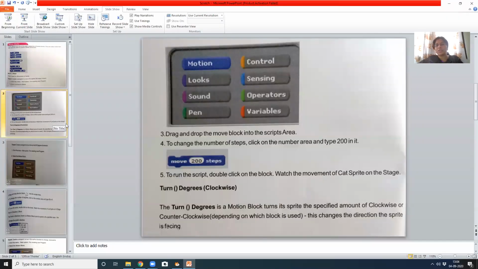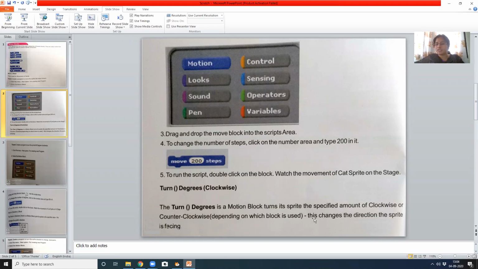So for that, clockwise means how the clock's sticks move, right? It moves like this towards your right side. That is called clockwise. If it moves towards your left side, it is called anti-clockwise. Let us see how this block works. The turn degree block is a motion block, it turns its sprite the specified amount clockwise or counterclockwise, which is nothing but anti-clockwise.